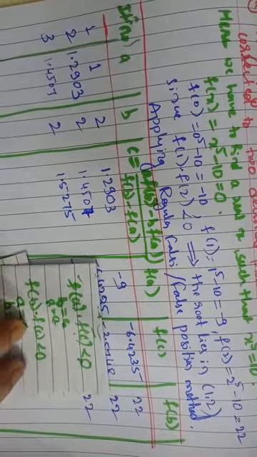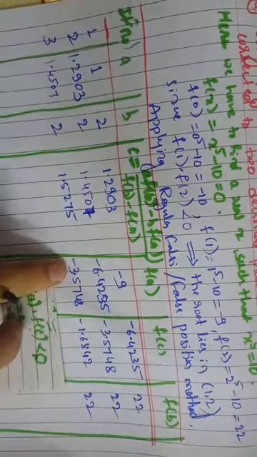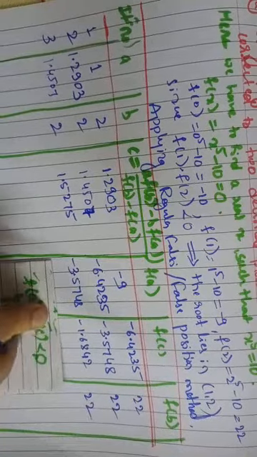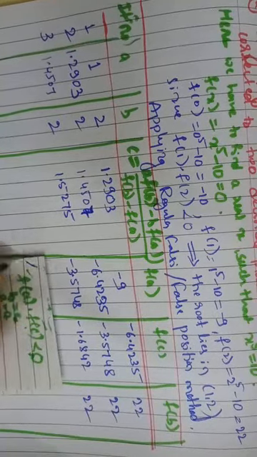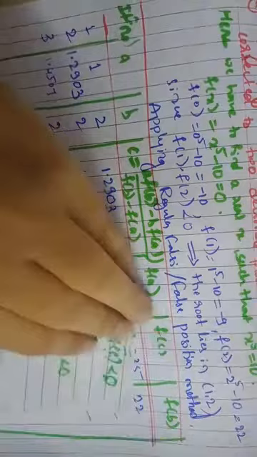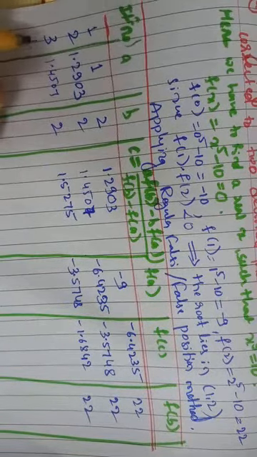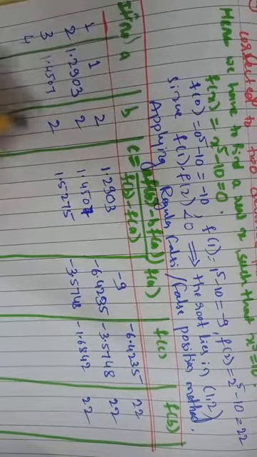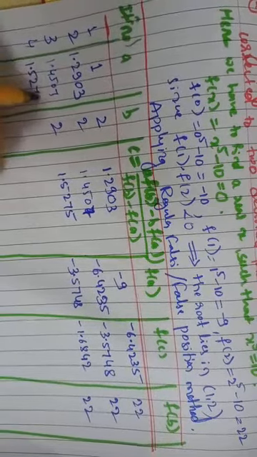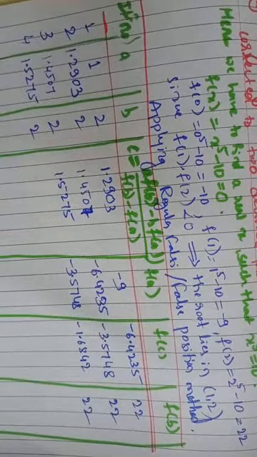Now for the next iteration, again we need to do what? We need to check a and b value. Find here, this is also negative, again this is also negative. If you multiply, again you will get a positive value. So this condition is here also not satisfied. So what we need to do, again change a with c and keep b as it is. For the fourth iteration, change the a with c, that is 1.5275. Then keep this b, that is 2, as it is.